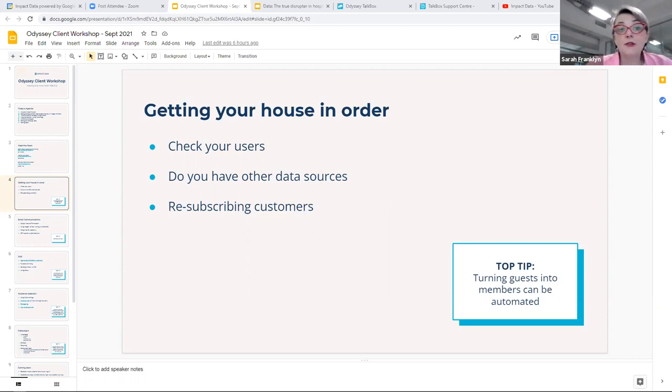We've started to do that with a number of Odessey clients. I think Narang RSL, Gimpy's doing it, Marucci RSL, a number of venues, particularly with reservation data. Often the people who come to the bistro, you may not be aware whether they're members or not. So it's a really valuable source of membership growth. So if you've got other data, let us know.